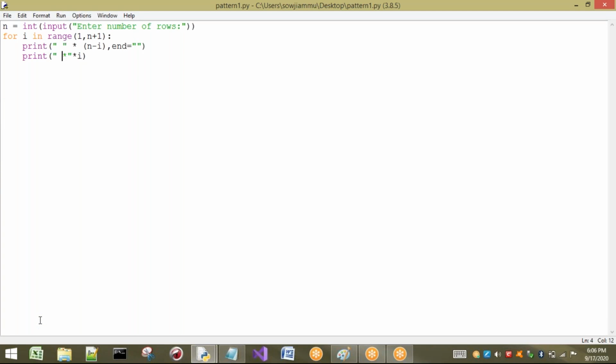So remember one thing, not only this logic, we can write many different logics to do any program, not only this pattern program. For every program we are going to have multiple logics. But we should know how to write a program, that's it. Logic is different, programming is different. First we have to understand the logic, and then by using programming, we have to implement that logic. Logic can be different, no problem. That means implementation can be different, but logic is the same. Right, so this is about nested loops.